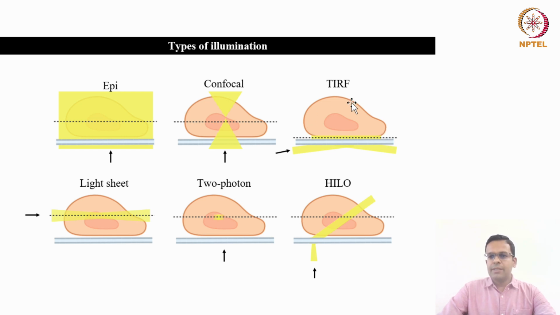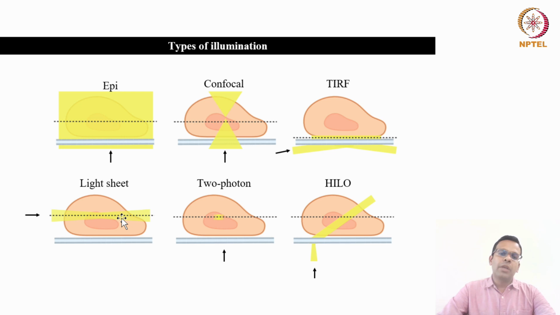in depth. So let's say in this cell, only the area which is just attached to the glass surface or the slide or the cover slip will get illuminated, but you cannot illuminate the fluorescent molecules which are either present in the nucleus of the cell or even on the other side of the cell. The other type of illumination is the light sheet illumination. So here you can see a thin sheet of light is passed from this side and it passes through the sample. So a thin sheet of light illuminates the sample.